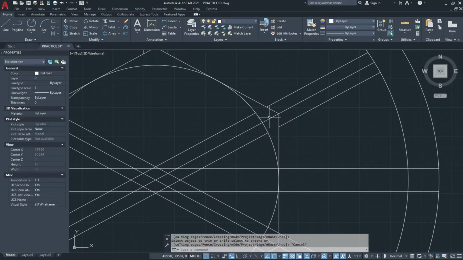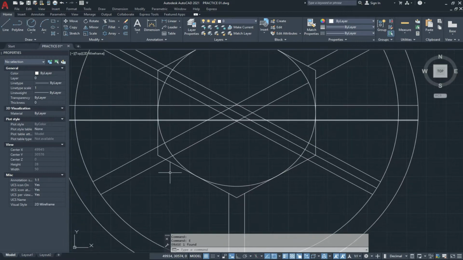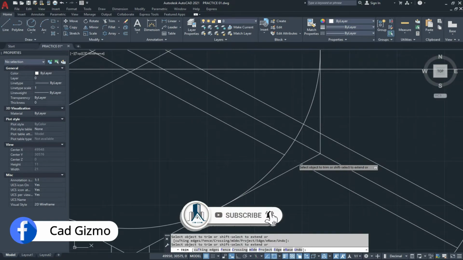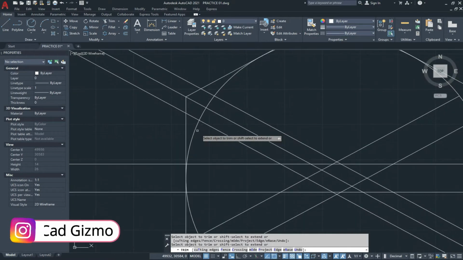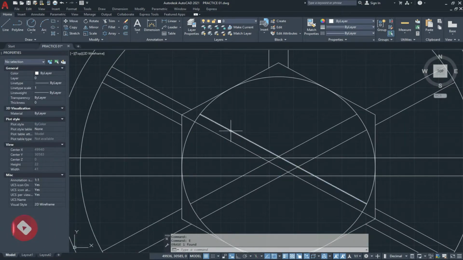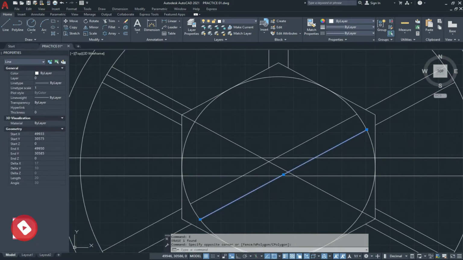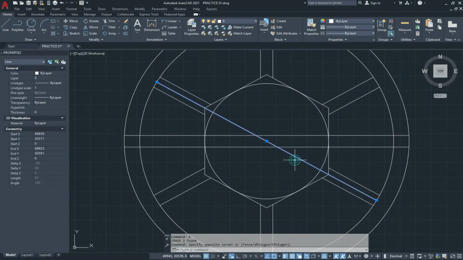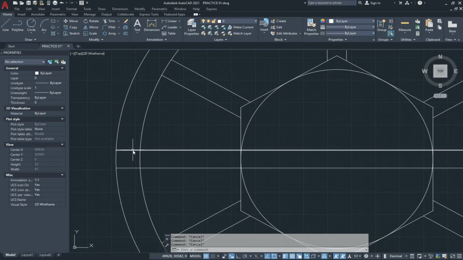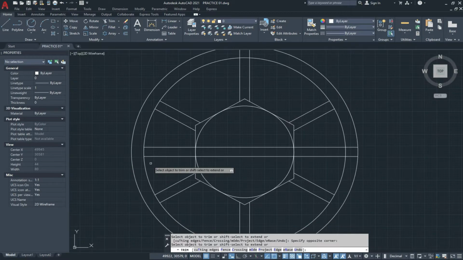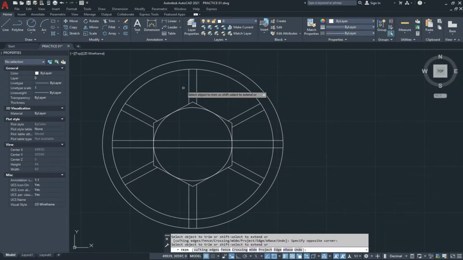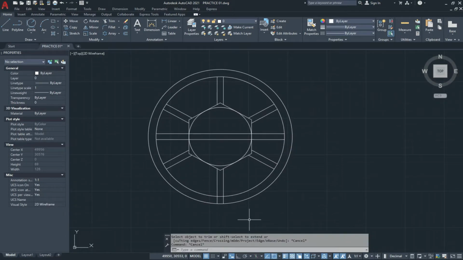Now trim the extra line like this. So in this way we draw our lines. Now we see the shape